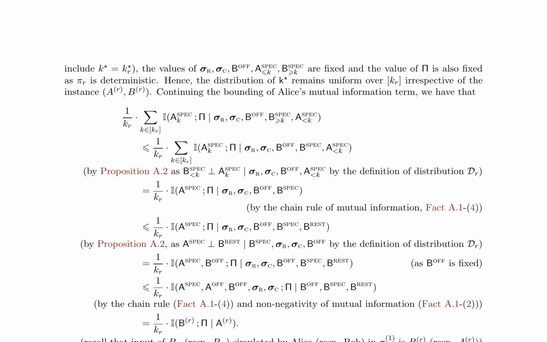Here is a combined summary of the 4 pages. The authors continue to analyze the protocol pi 1 R, bounding the mutual information terms and establishing an upper bound on the internal information cost. They introduce Lemma 5.9, which states that pi 1 R is an R-round protocol for AHMR-1, NR-1, alpha, with communication cost at most S, probability of success at least delta, and internal information cost at most S, KR.